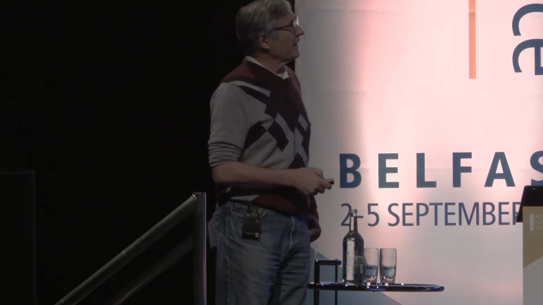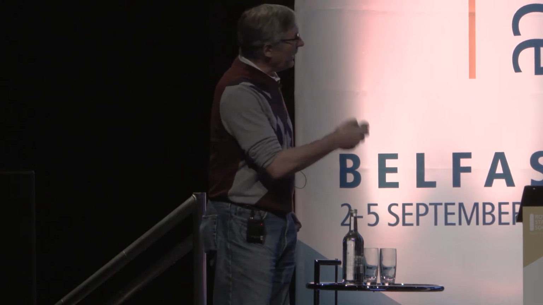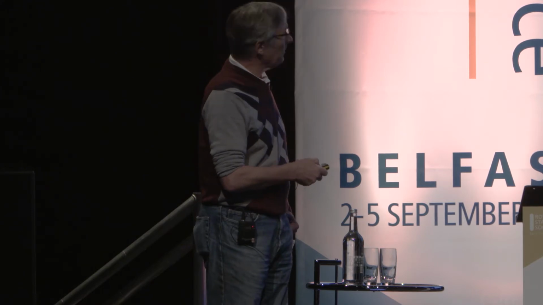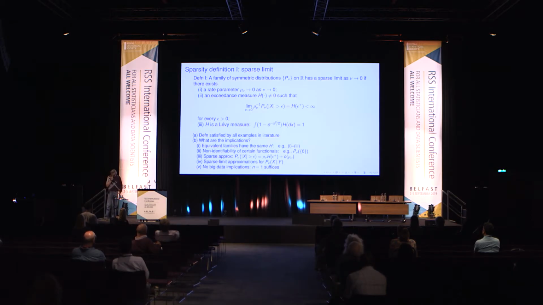So let me try to explain what it is that is the crucial ingredient in all of these models of sparsity. The interesting thing is not that these distributions tend to the atom at 0. It's how they tend to the atom at 0. They tend to 0 at a certain rate. So this is a definition: all these distributions are going to be symmetric, and I will say the sequence has a sparse limit